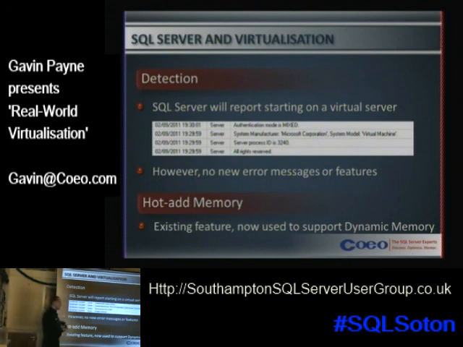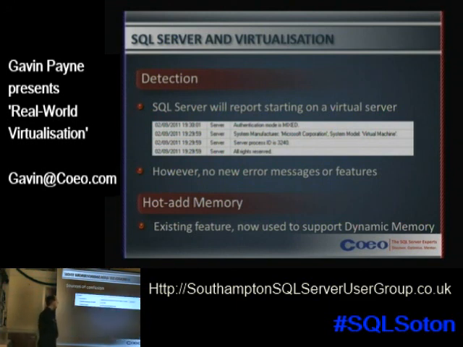To do that, it had to have a couple of features in Windows to support that and in the SQL Server engine, and that was called Hot Add Memory. It kind of never really went mainstream. It was a bit like Itanium support. It was a great capability for an era of computing that was pretty low powered. So it went away. However, it does now get used by dynamic memory, which we'll talk about in a moment. So you will see some changes in the product group's delivery of SQL Server features specific around this area in SQL Server 2012, which I mentioned. So we mentioned earlier our monitoring has to change when we move to this virtual